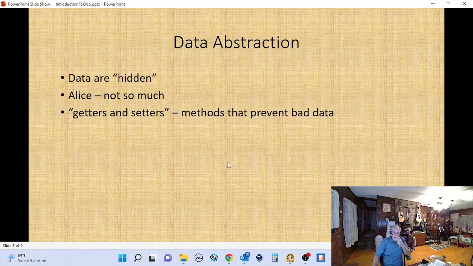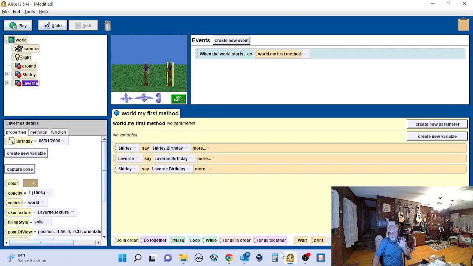Okay, now what happens is a really hardcore object-oriented language. You have getters and setters, and you have to call those to actually get or set the values, and a lot of those have methods built into them that prevent bad data. For example, here for birthday, there's nothing here that prevents me from saying birthday is never. Well, that's not a real date, but